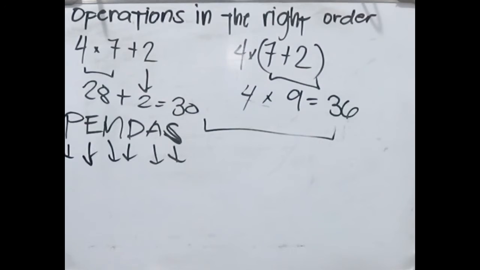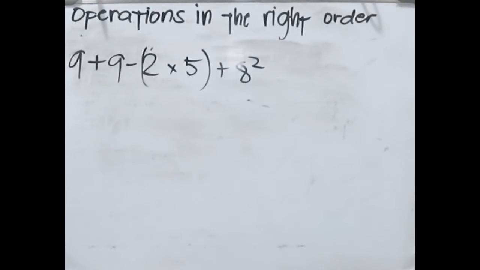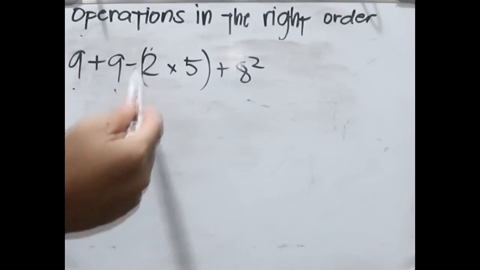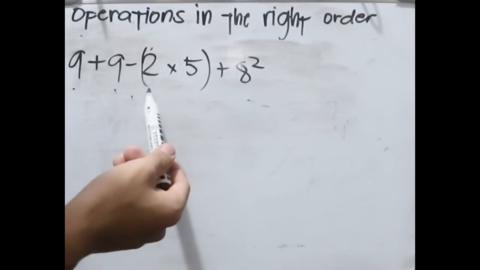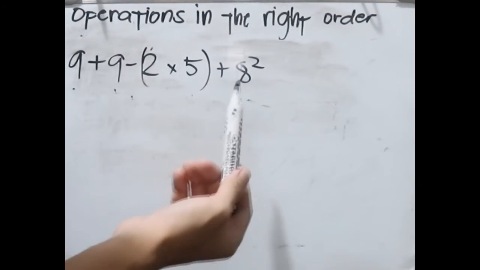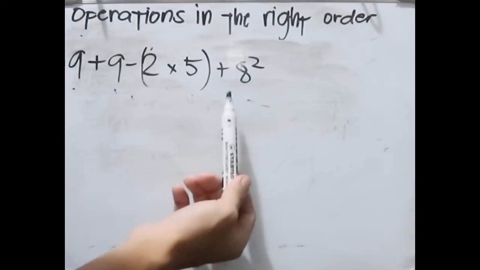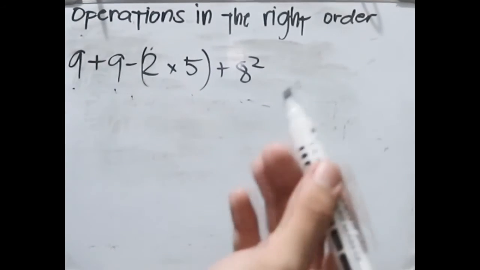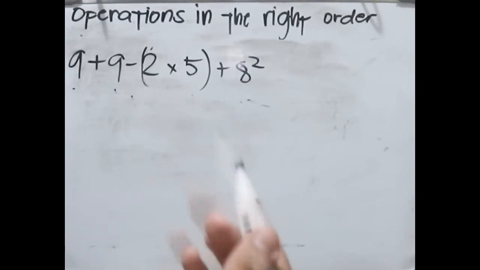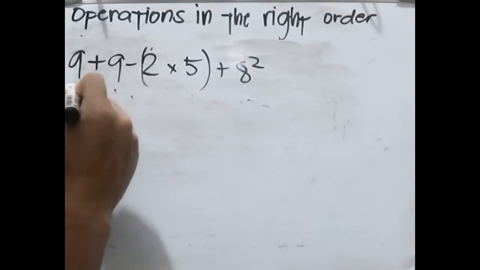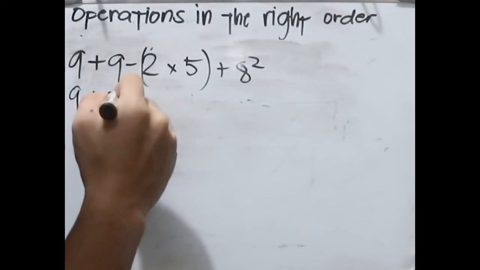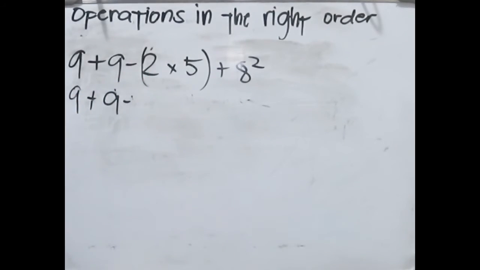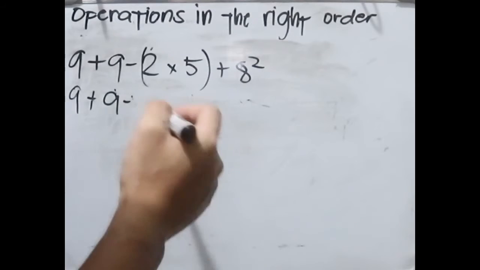So, another example. So, ito, another example. 9 plus 9 minus parenthesis 2 times 5 plus parenthesis plus 8 squared. So, PEMDAS ulit. So, P, ibig sabihin parenthesis, copy mo muna natin to, minus parenthesis 2 times 5 is equals to 10